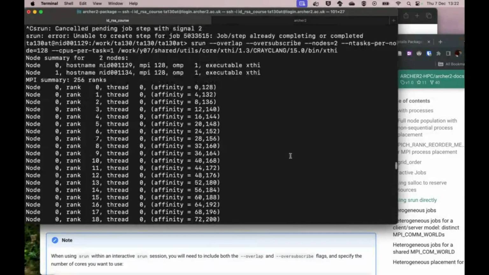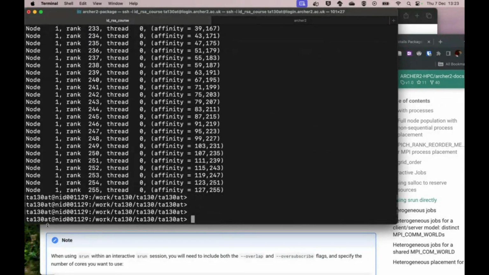And again, because we haven't done the no multi-thread and distribution block options, we get this default round robin placement and including logical cores, which we could get rid of by having those options as well. But you can see this is giving me back my prompt, but I'm still on the compute node, the first compute node out of my jobs, and